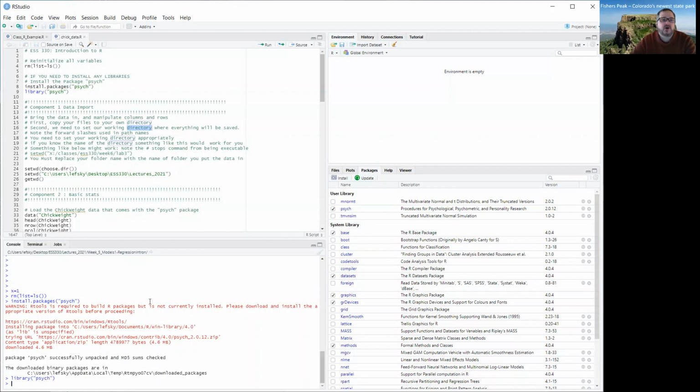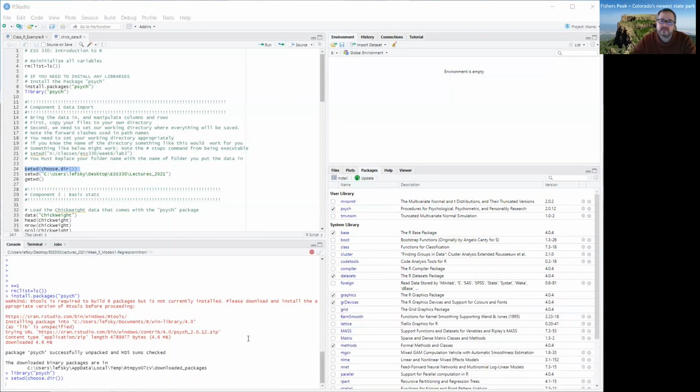Okay, so there are a number of ways we can do this. For instance, the command we're going to use is called setwd, for working directory. And here's a little clever thing you can do, which is choose.dir, another function. The choose.dir function is going to open up a dialog window, and hopefully you'll be able to see this. And then once we've selected a directory,